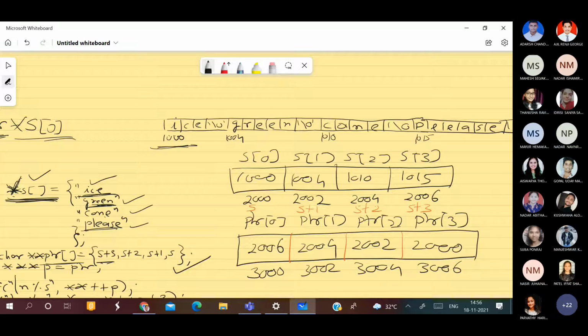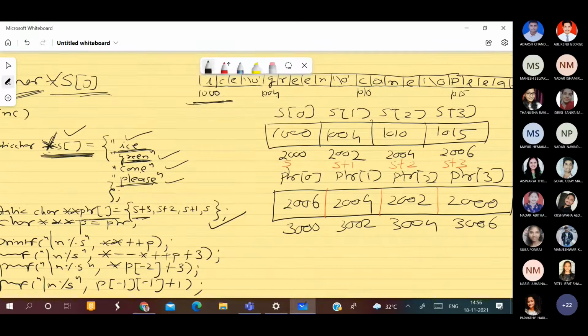So that is why it is incrementing by 2 bytes. Because the values inside 2000, 2002, 2004 are numbers, integers, so it will increment by 2 bytes. But I know 2000 means nothing but S. 2002 is S plus 1, S plus 2, S plus 3. This we have seen in our previous programs. So this is your first line.